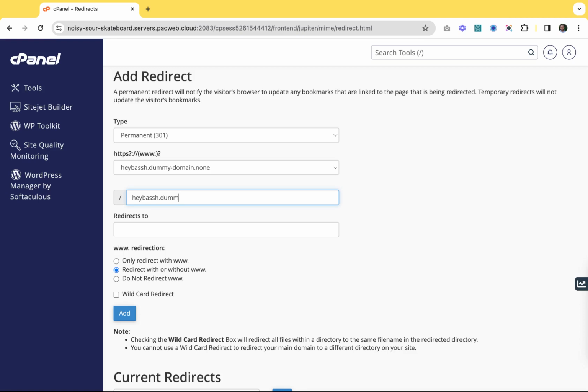Let's say a dummy domain, none, because we do not have any domain here. This is just a dummy domain. So this one here. Sorry, this is the path name, you're going to put it there. I have HTTPS, and then we put the slash, for instance home. So you have the main domain redirecting, for instance, to a home page,